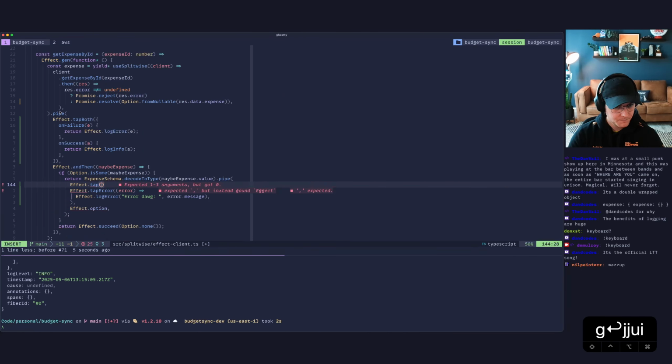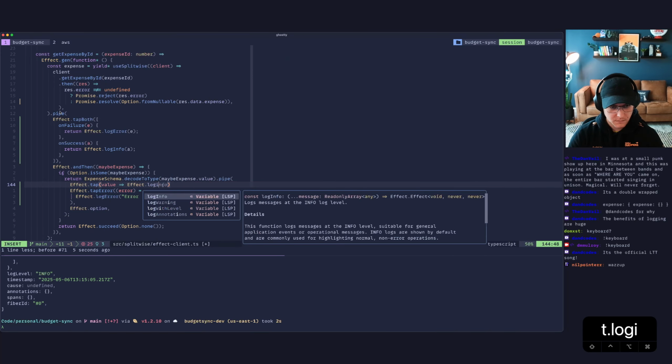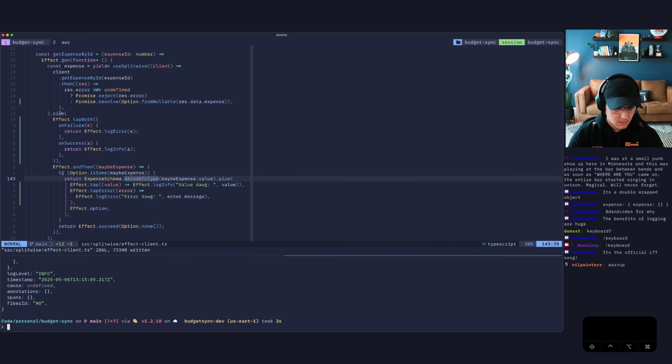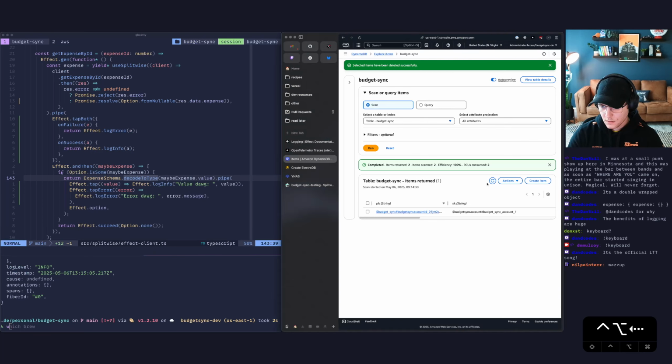That's not what we wanted. Value, effect.logInfo, and then we'll say value dog, and then with the value we get a nice little boom boom bang, and we go clean up our data,